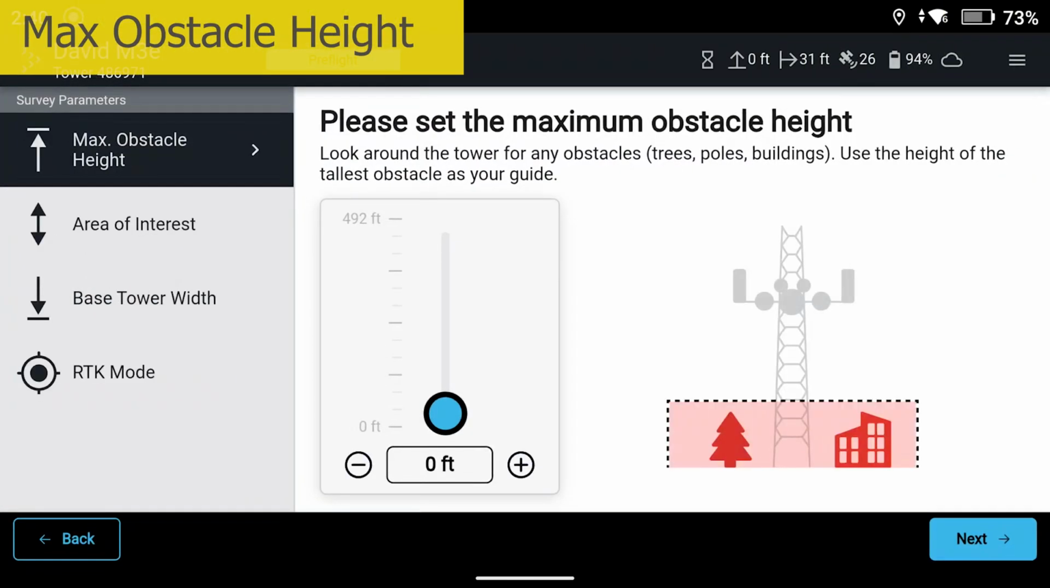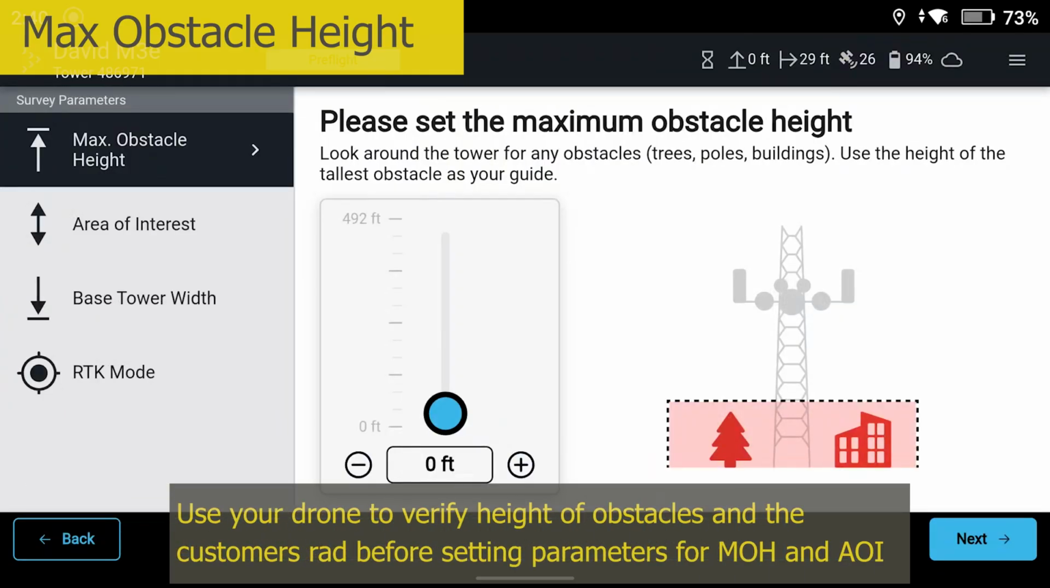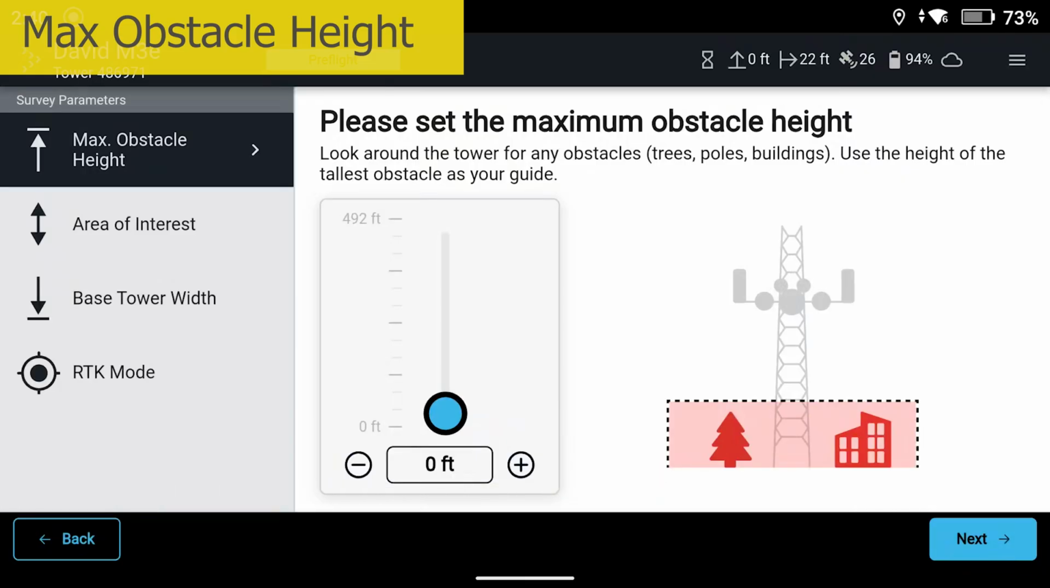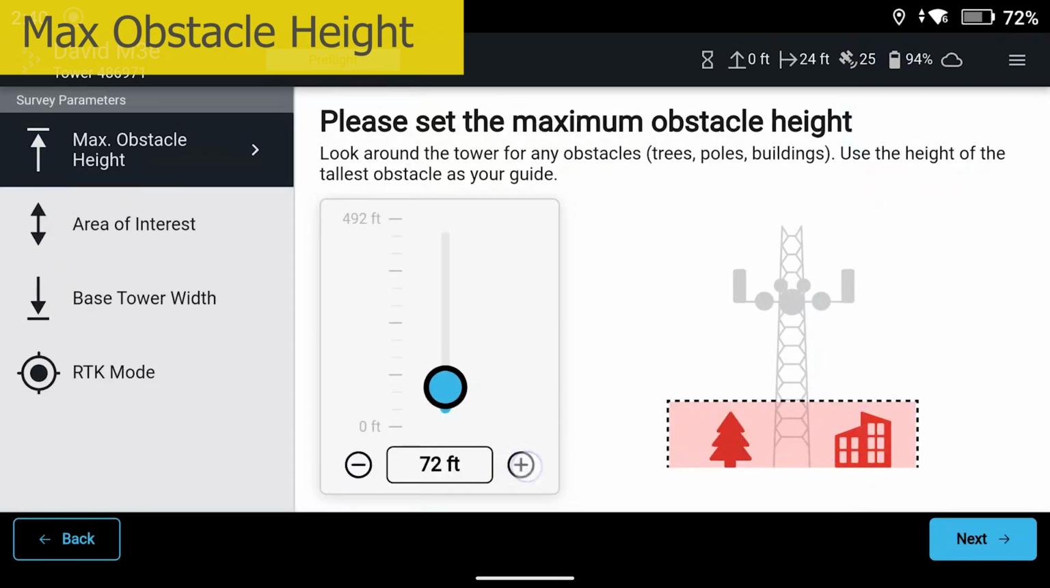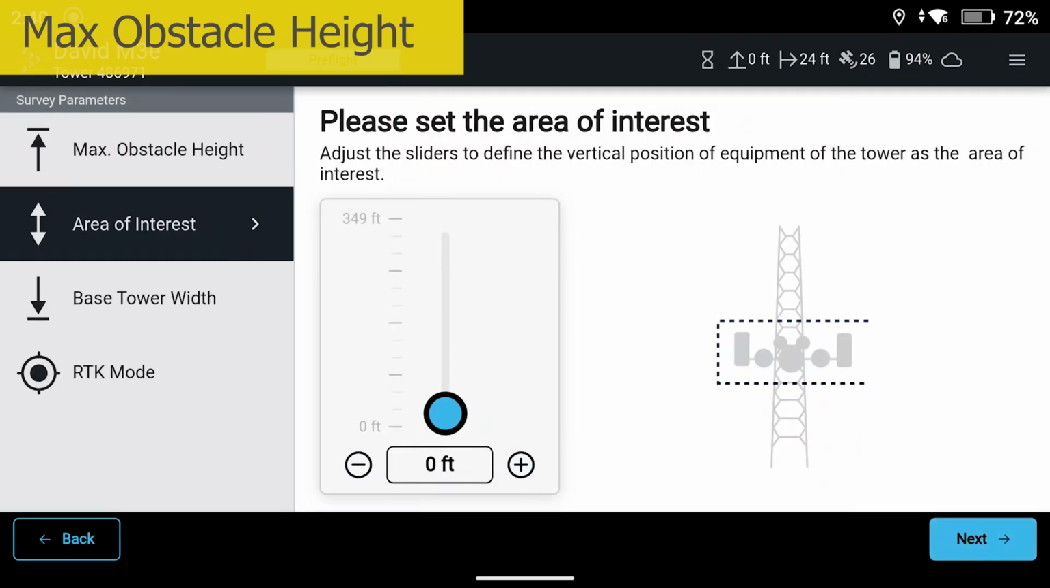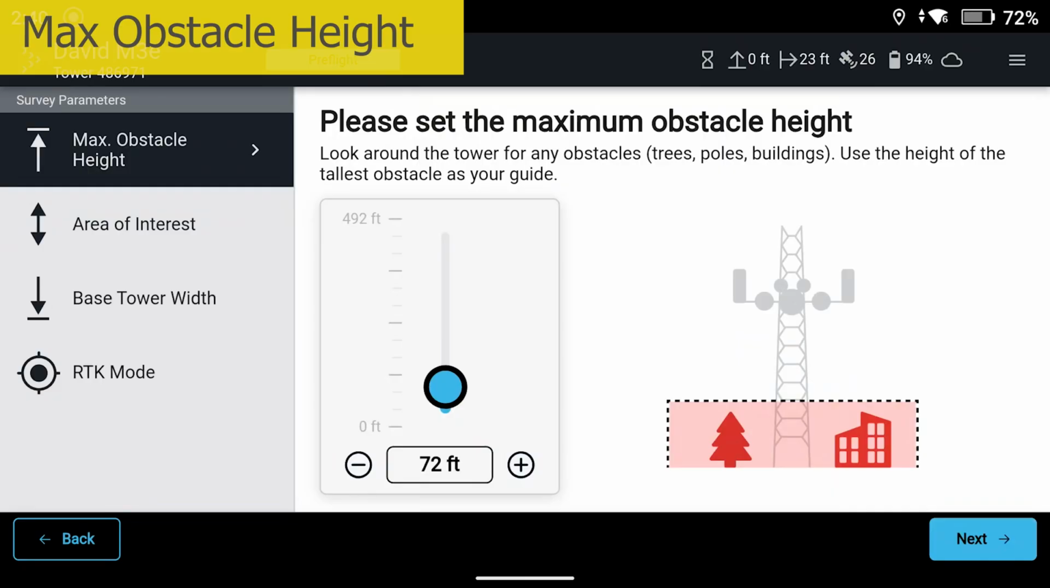And for this tower structure, I do have some obstructions, some tree obstructions. So I notice my lowest obstacle is about 70 feet. So I'll just move the meter to 70 feet for obstructions. And this will allow the drone to fly the minimum required amount before flying. And so once the maximum obstruction is set, this drone will not fly below 70 feet in the radius of